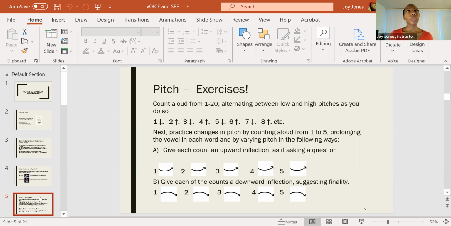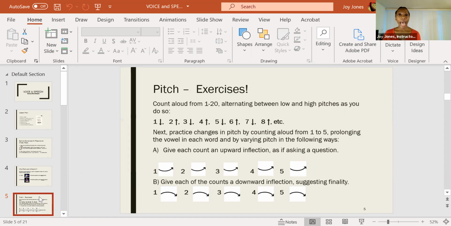I'll give you the tip that since we're changing our pitch, you may need to elongate saying the number, if that makes sense. So instead of doing 1, it's slightly different from that very first one. So feel free to say 1, for example. Give yourself some space to experiment. All right, let's try that sequence A where we're doing upward inflections. 1, 2, 3, 4,